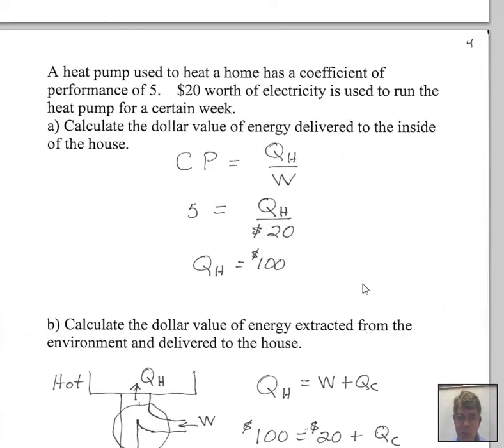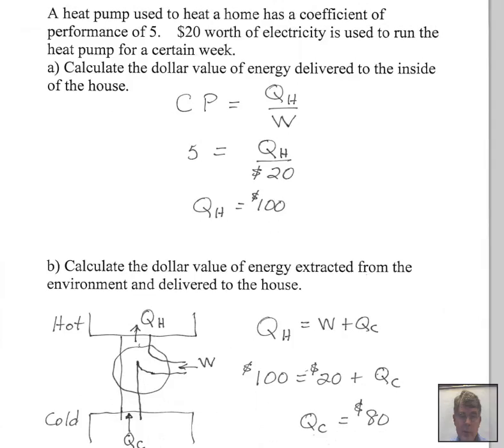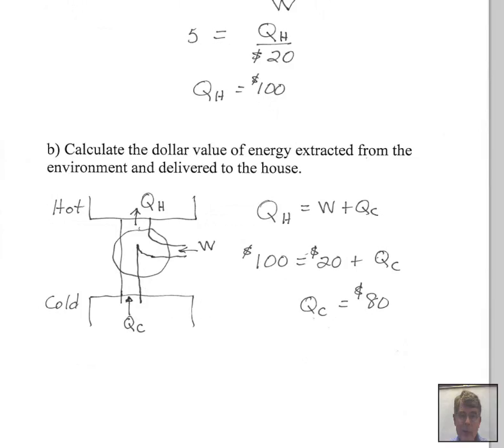So let's go a little bit further here and take a look at where this dollar value came from. Here's our heat pump. Work is going in to the working part of the heat pump. We're moving energy, picking up energy from the cold reservoir, delivering it to the hot reservoir. Well, the Q sub H number is equal to the sum of the two energies, W and Q sub C. And again, we can use dollar values for all three terms. As long as the units are the same for all three terms, we're free to choose our set of units. We're going to use dollars.